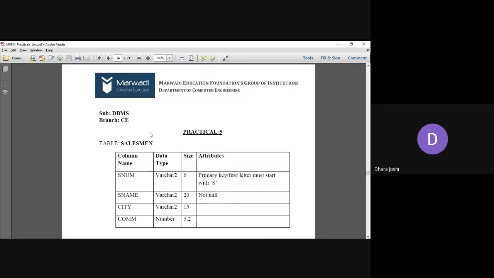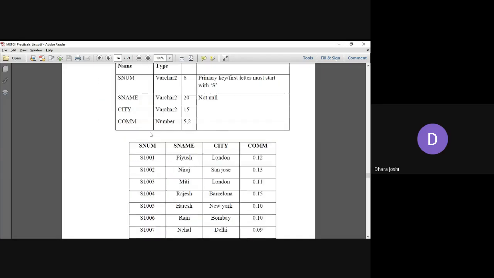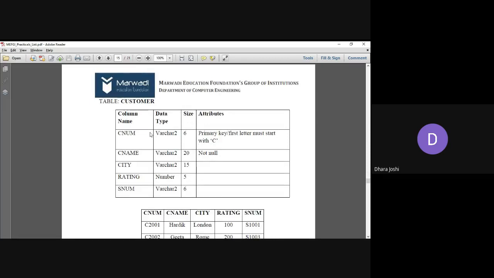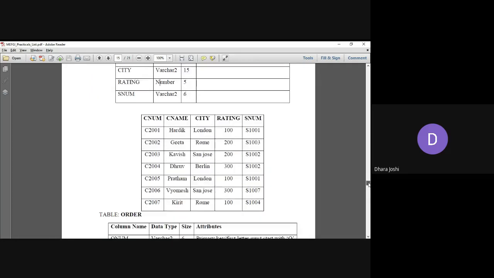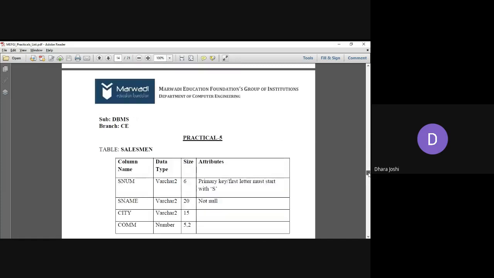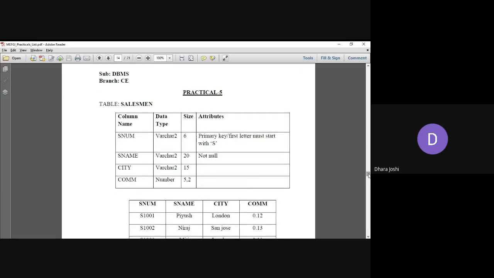So this is a customer table. In the customer table, we have 5 columns: customer number, name, city, rating, and SNUM, which is, I guess, the salesman number.